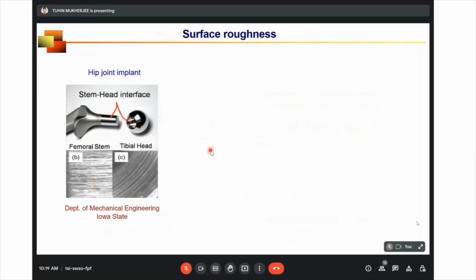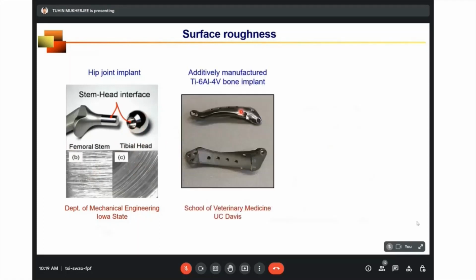So our last defect for today is surface roughness. Now, as we know, we often need to make very complex and intricate parts like medical implants. And you can see that we need to have very high surface finish for the femoral stem and tibial head, this part. So since these days we make this kind of implants using 3D printing, surface roughness is a major concern. So you see that this is the as-printed implant, and this is the implant that actually is used